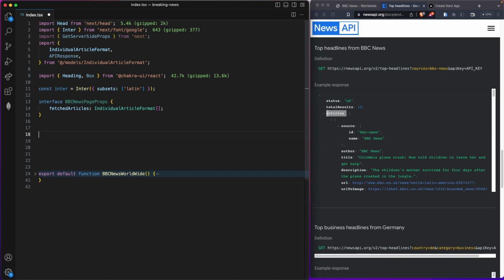I need to use that function, getServerSideProps, and that should be all I need. And I need to use async and await and fetch this API endpoint, and then replace this with my own API key, and you need to use your own API key as well. Okay, so export